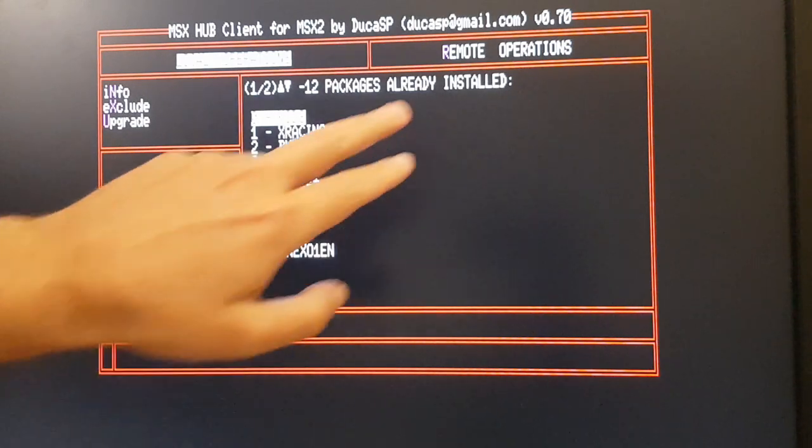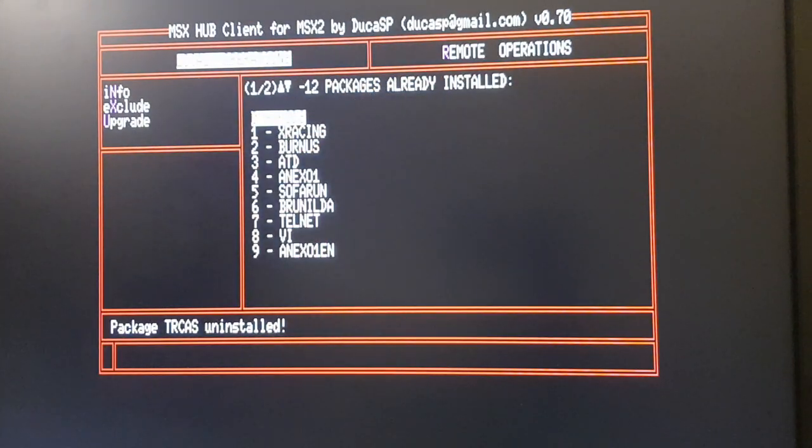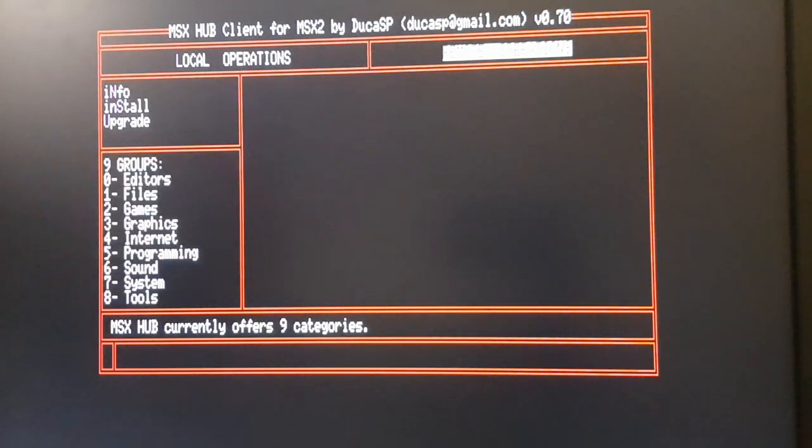Also we have, by hitting R, the remote operations tab. So now everything is related to what is in MSX HUB. So we have the groups listed here. Currently it has 9. If in the future we have more than 9 groups, you can browse the pages through left and right arrows, but right now it's not needed. So I can list any group by hitting the key. So 0,